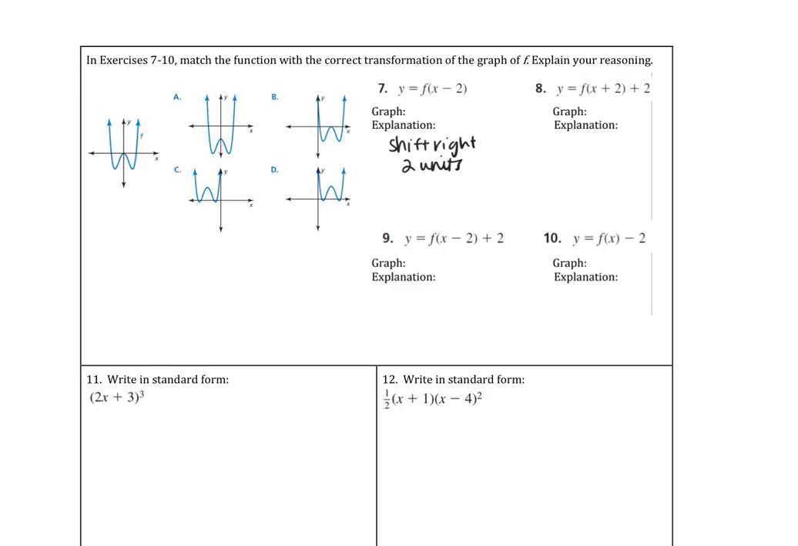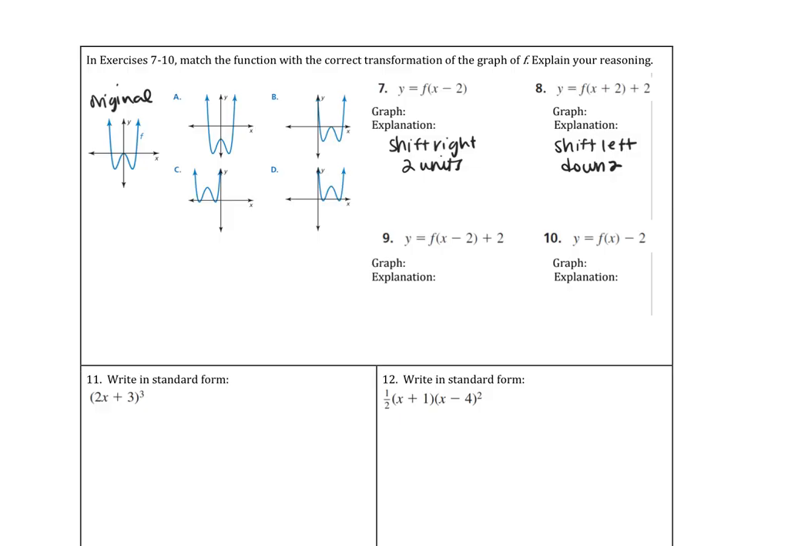Okay, over here, f of x for number 8, x plus 2, inside the parentheses, plus 2. So this x plus 2 indicates a shift left. Okay. And the plus 2 on the end means down 2. So if you didn't notice, this is your original graph of f, and then a, b, c, and d are